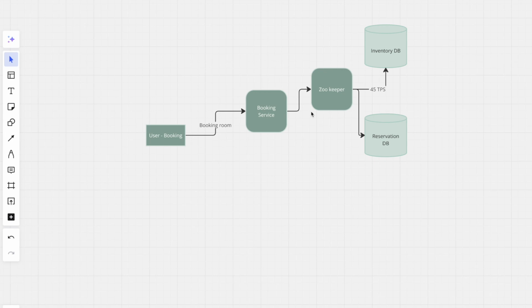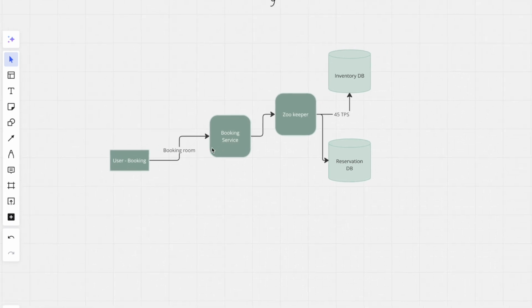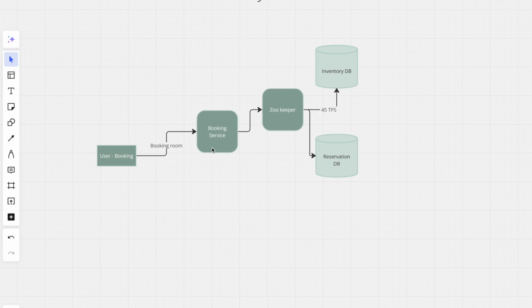All right, I moved this particular piece for the booking service here. One solution to that problem is that we can have a coordinator, and that particular thing we outsource to something called Zookeeper. If you are not aware of Zookeeper, just read about it. Mostly people use it for